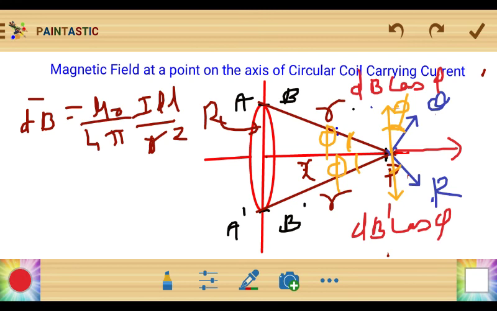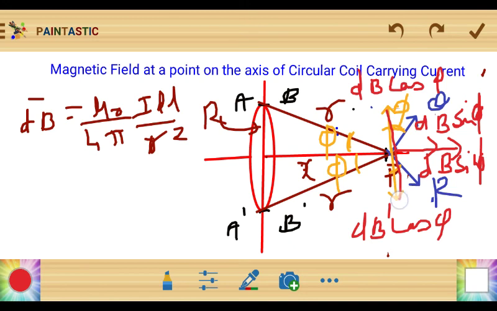And the vertical component, I put two arrows here because both are in the same direction, so dB sin phi. Okay, there is very little space. dB sin phi. Okay, so as you can see from the diagram